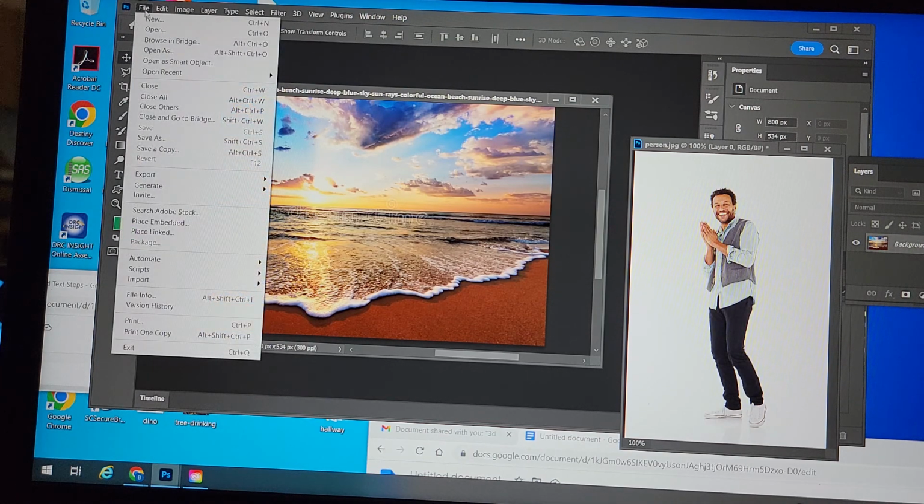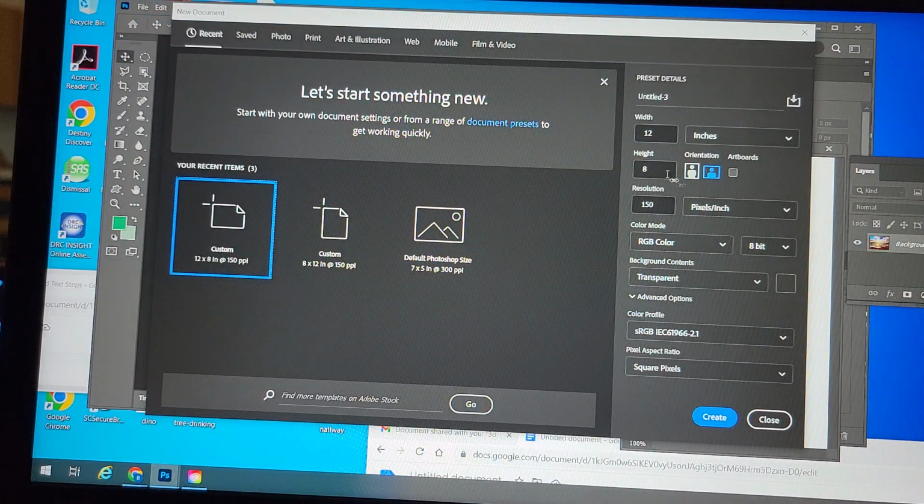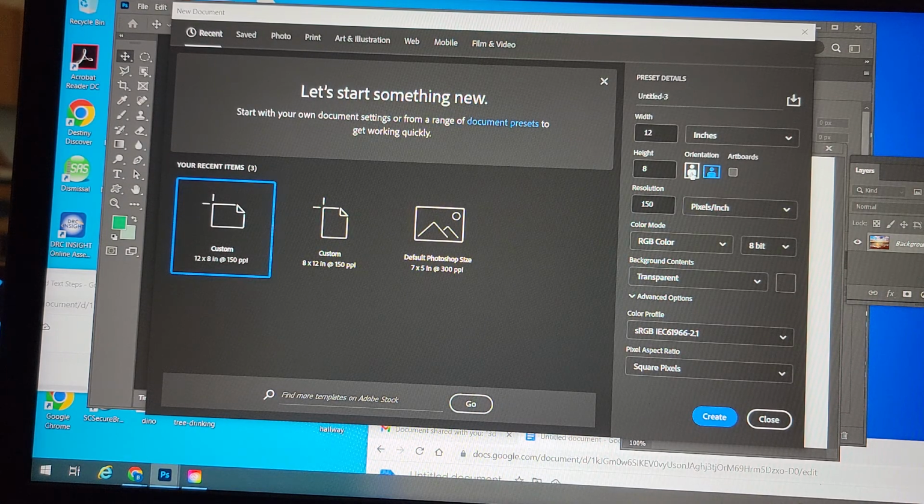So I'm gonna go File, New, and we're going to go back to what we did for magazine, and the pop art 12 by 8 inches by 150 pixel inches, and you can decide if you want your picture to be up and down or sideways. I'm going to go sideways, and I'm going to hit create,